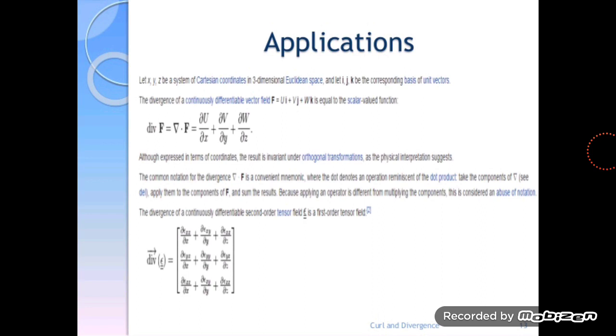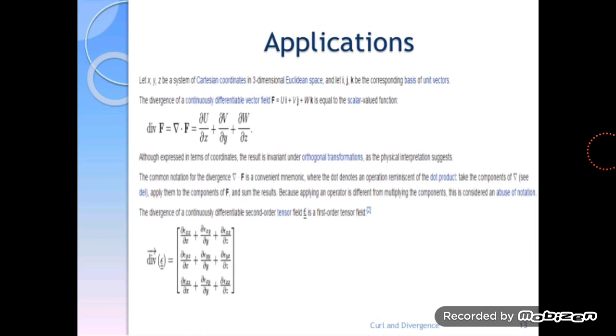Application: let xyz be a system of Cartesian coordinate system in three-dimensional space, and let i, j, k be the corresponding basis of unit vectors. Then the divergence of a continuously differentiable vector field f equal to u of i plus v of j plus w of k, with scalar valued functions,